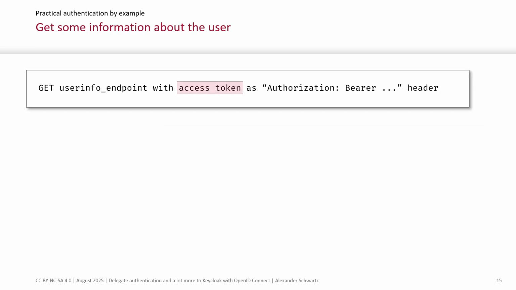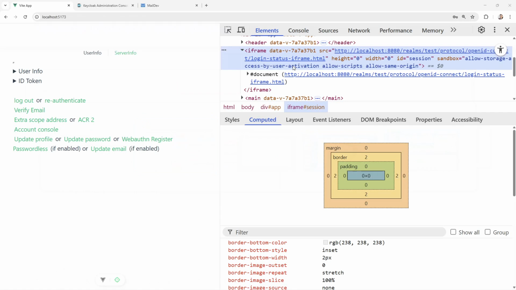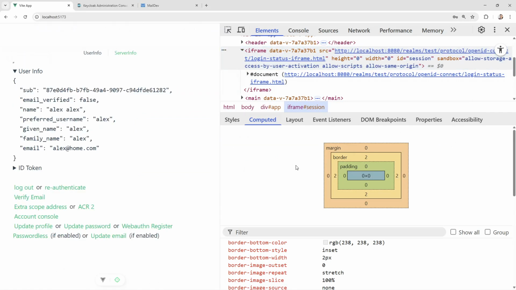Right, and you get some information about the user. Usually these access tokens are sent to REST resources as bearer tokens. So you have an HTTP header called Authorization: Bearer, then the access token. And then you get some response as JSON from the server. I didn't show that, so let's do that. So the user info,